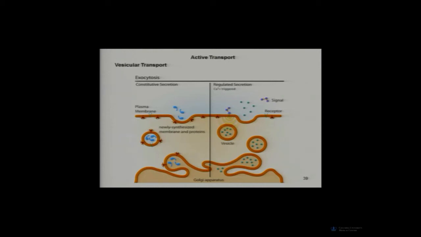Okay? That's what those vesicles are, little bubbles of plasma membrane. So this bubble of plasma membrane filled with hormone moves to the plasma membrane, and then the vesicle opens and it just incorporates into the plasma membrane and just dumps out the hormone. That's exocytosis. Okay? Something moves to the surface, the vesicle moves to the surface, incorporates into the membrane, and gets